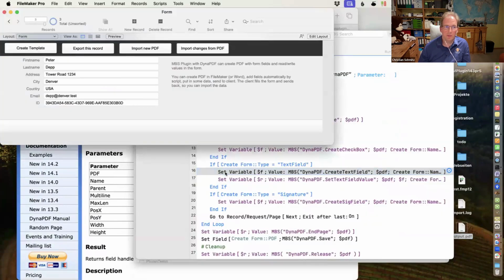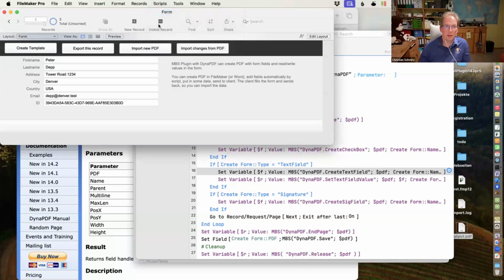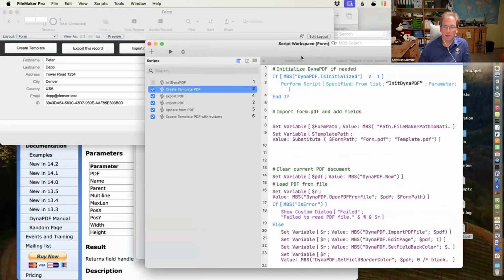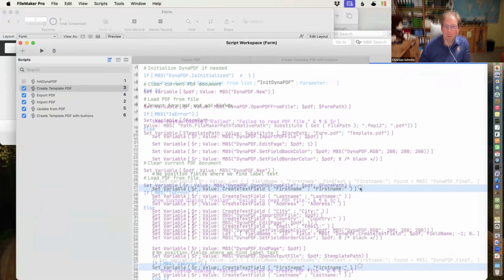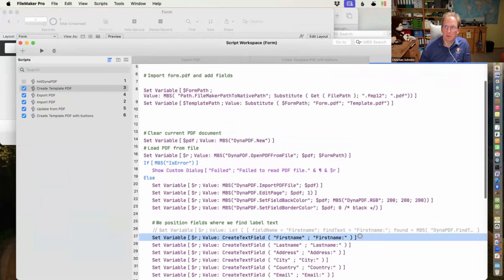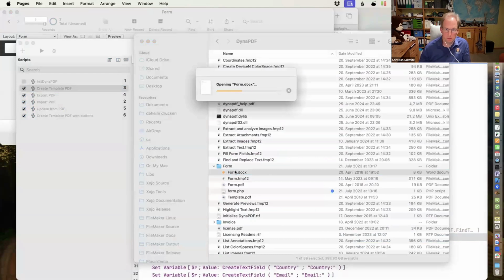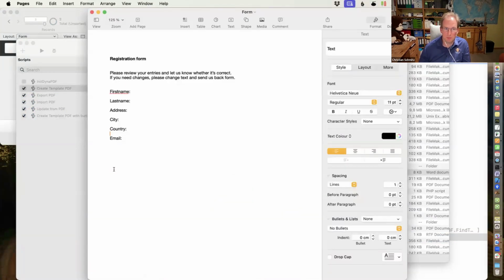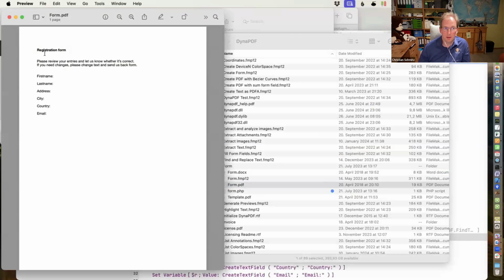Then we have the form example here. Here we have custom functions. So that's my template form. We have a Word document. Customers like to make the templates themselves. So someone wrote a Word document like this and then exported it to PDF. And we got this here. This is the basic thing, just the text.